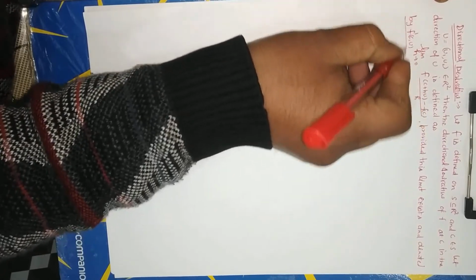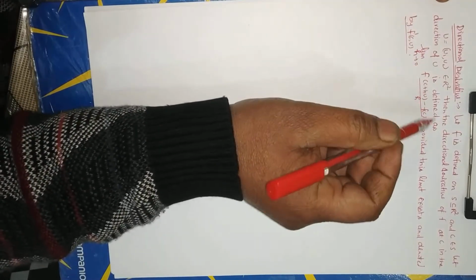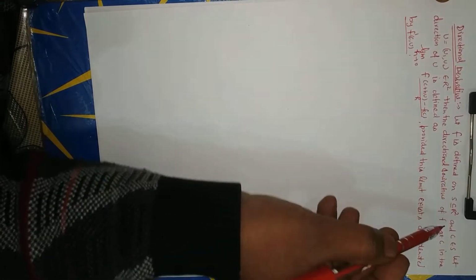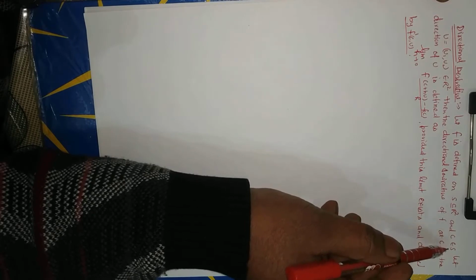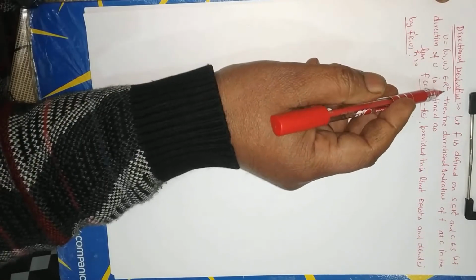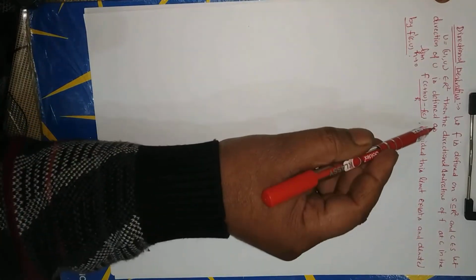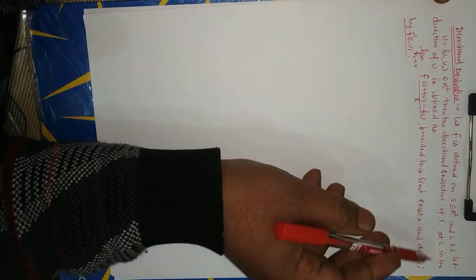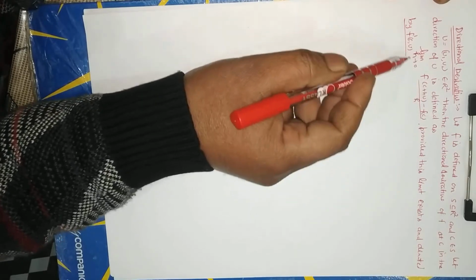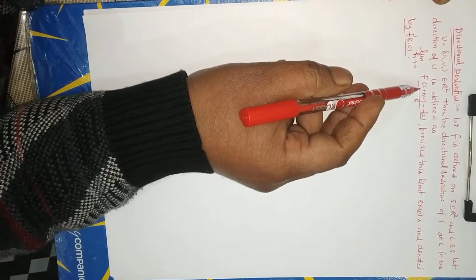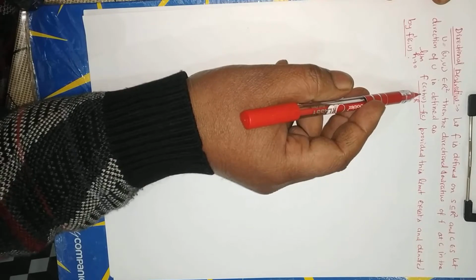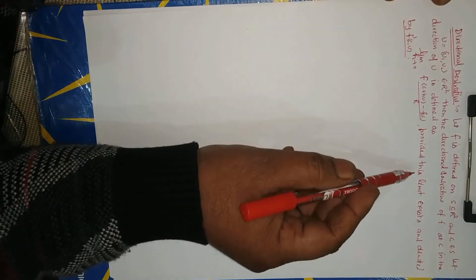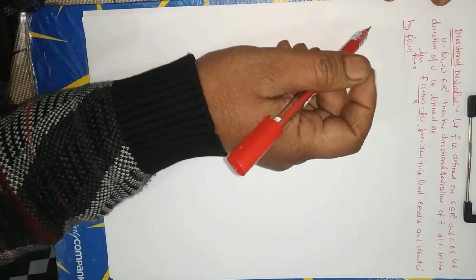Okay. Now repeat the directional derivative. Let f be defined on S, any subset of R square, and c belongs to S, and let U belong to R square, two dimensional. The directional derivative of f at c in the direction of U is defined as limit h tending to 0 of f of c plus hu minus f of c upon h, provided this limit exists, and denoted by f dash c u.